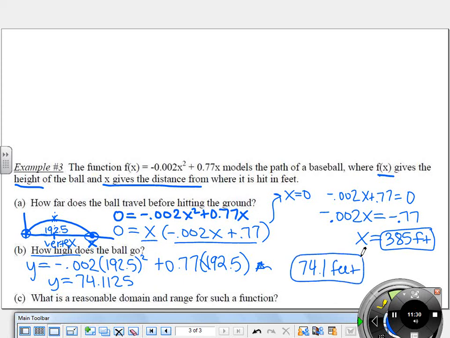Then lastly, it asks for a reasonable domain and range of such a function. Now, if I went back up to the graph,